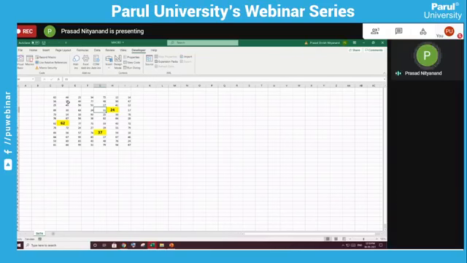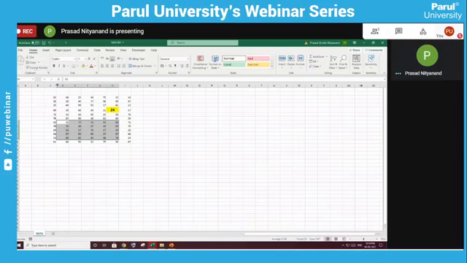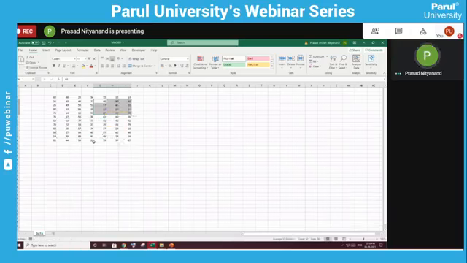Now we will move to the next part. Like in this recording of macro, there is something called references. There are two types of references. One is absolute reference and the next is relative reference. And the third one is a mix of both, that is mixed referencing. I will remove this formatting first. Now I will tell you the difference between the references.